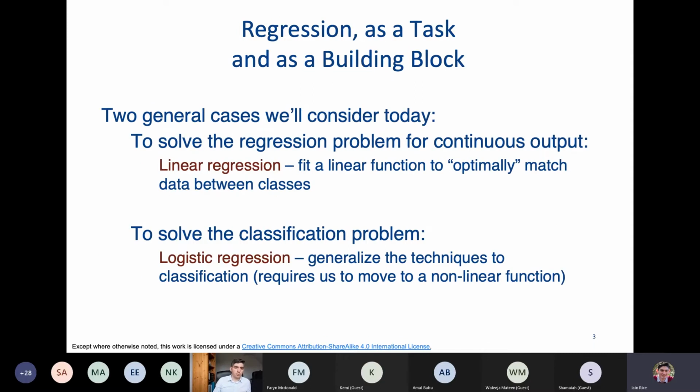So regression as a task and as a building block, really. There are two general cases that we'll consider to solve the regression problem for a continuous output. So linear regression, and it sounds simple, linear, and most of AI ends up working with non-linear functions, but actually you can do quite a lot with linear functions. You could do really quite well in lots of cases with linear regression. Okay, so it should never be looked down on, despite the fact that it doesn't ever hit the news like deep learning does. Okay, so linear regression is about fitting a linear or a straight line function to optimally match